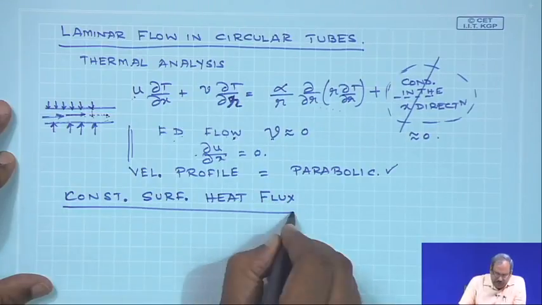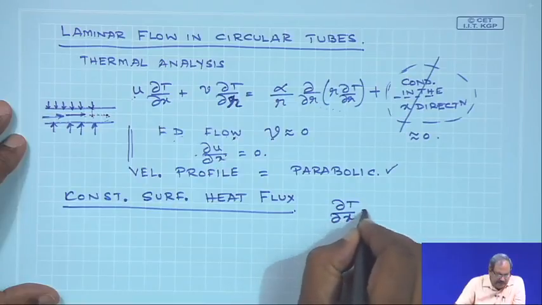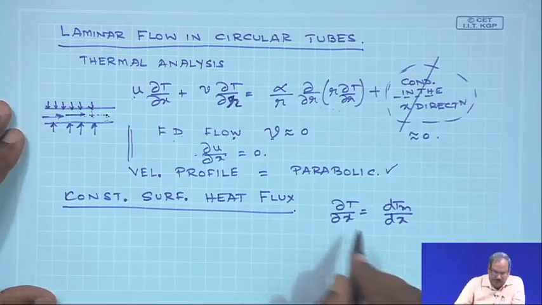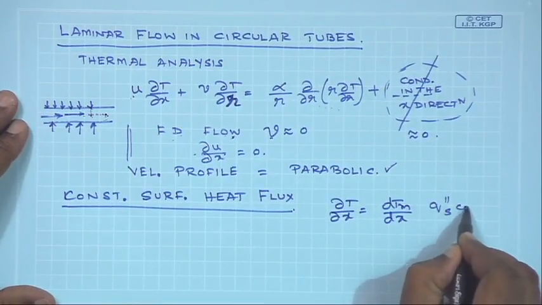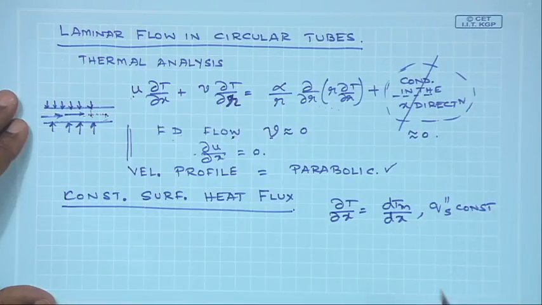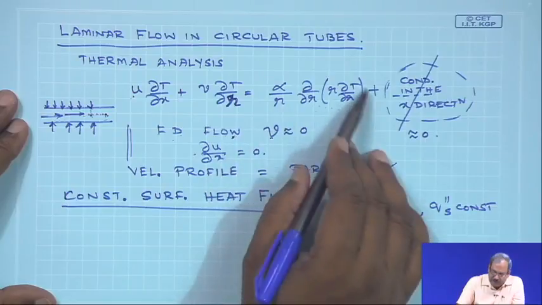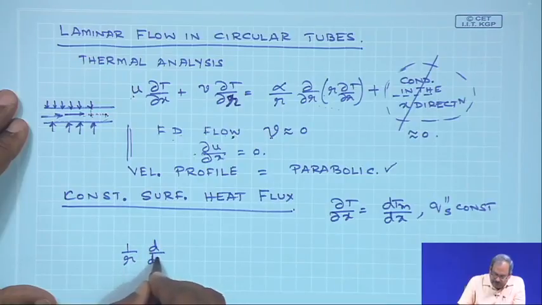What we have done today: we know that for the constant surface heat flux, del T del x is going to be dTm dx. This is what we have done in previous classes for q double prime s to be a constant. So, that's the special case that we would have. So, I put this term over here. So, 1 by r d dr of r dT dr